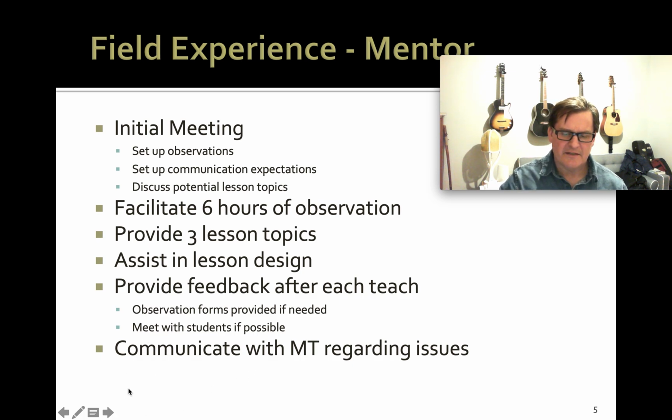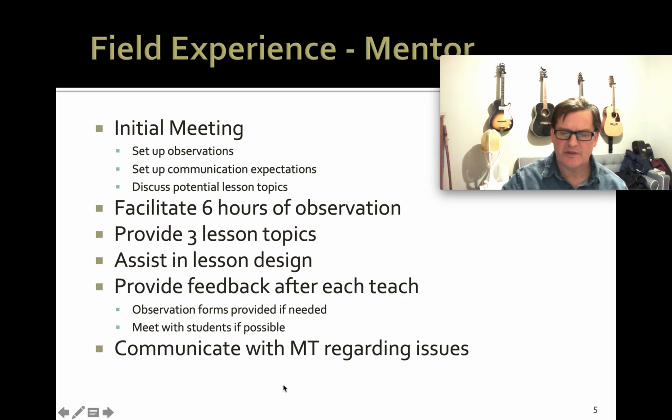And the students, by the time they're in CI, they have some experience and they're getting pretty good. So you'll have some positive feedback for them, I'm certain. And then we expect you, if there are any issues that you see among the teaching pairs, if they're not communicating with you, if you see one student who's carrying the load and the other's not really doing much of anything,